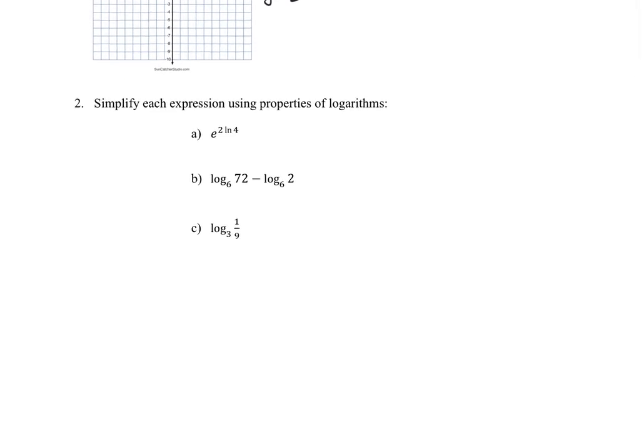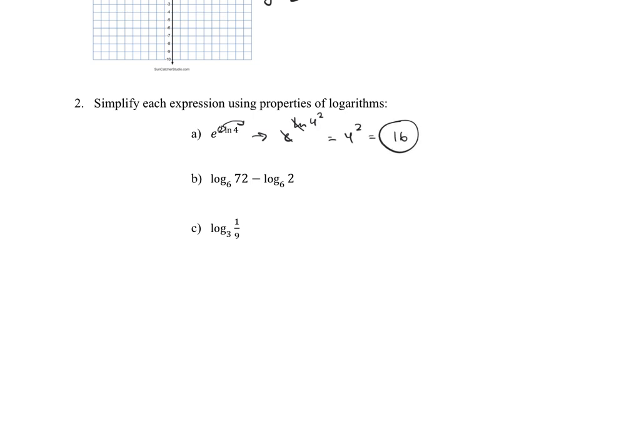Question 2, e right now can't cancel the natural log because we have this coefficient in front of the natural log. But using the power rule, we can move this 2 up in front as an exponent, or up from the front to an exponent of the 4. So this becomes e to the natural log of 4 squared. Now e cancels natural log. 4 squared